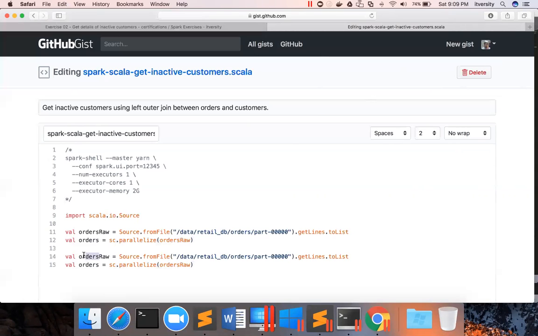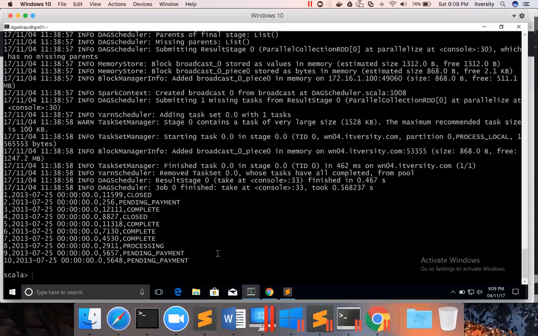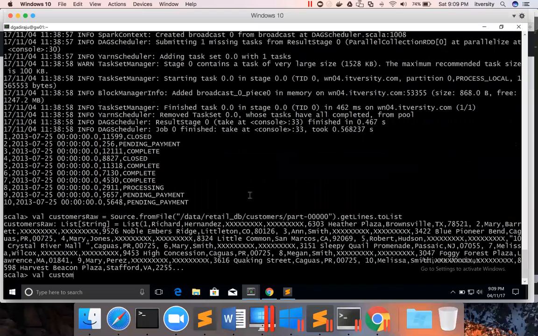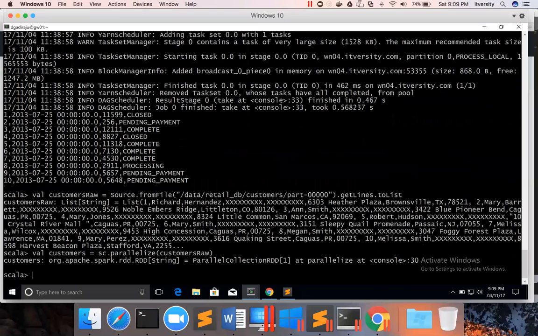Here I can say customers raw, customers, customers, and customers. So if you use the editor and you are very careful in copy pasting, it can save some time as part of your certification exam. That being said, let me paste these 2 lines, and also let me preview the data: customers dot take of 10 dot foreach